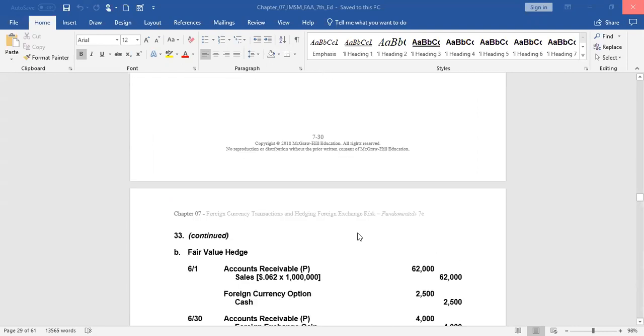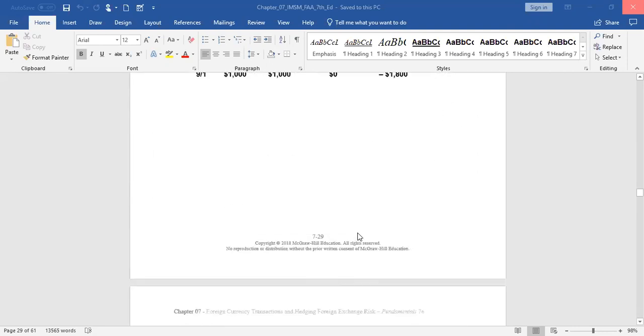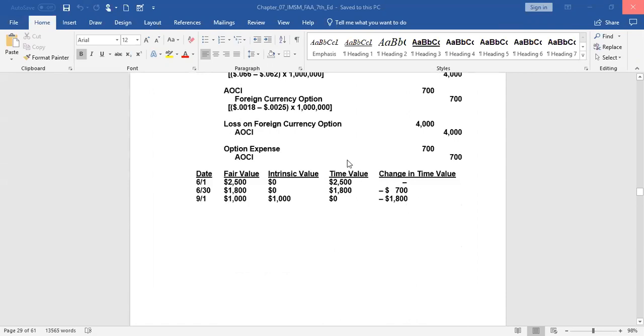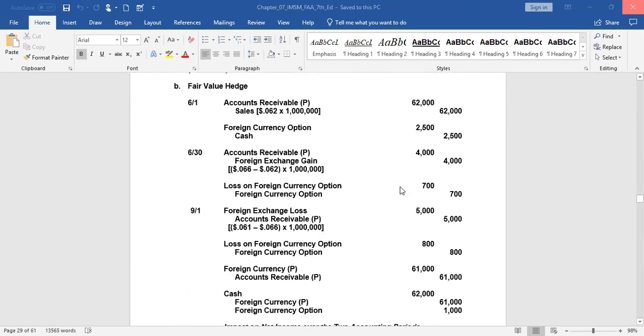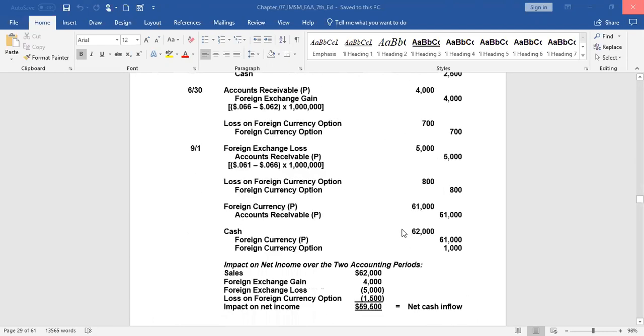Any increase in value, or in this case, decrease in value, change in the time value from 2,500 to 1,800 on our option is recorded as, sorry, I'm flying all over the place here, but loss on foreign currency option, credit the foreign currency option, so its value goes from 2,500 down to 1,800. September 1st, we still have to record if there's any loss from the end of the year